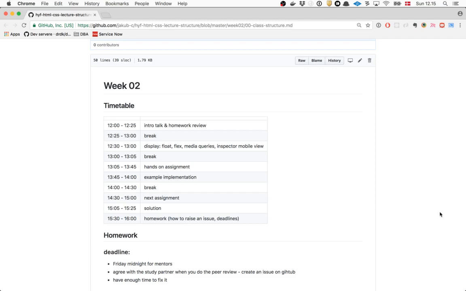Another thing is the homework. When I posted the PDF, there was this first thing about the validator. So please, people, check that validator, all right? We got a lot of submissions that were not validated, and the point was that you need to check your stuff before you send it either to your colleagues or to your mentors.